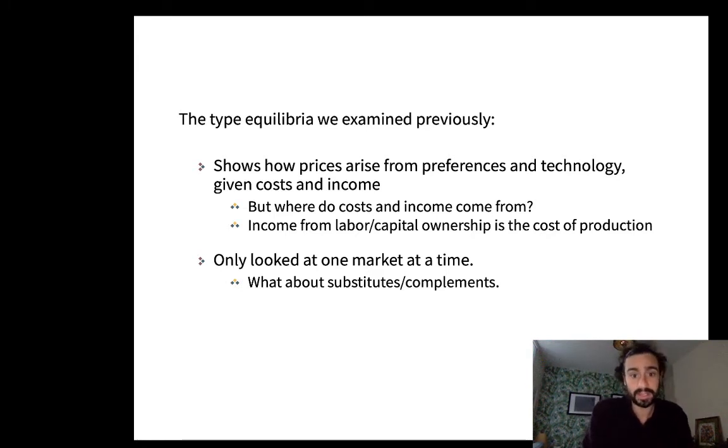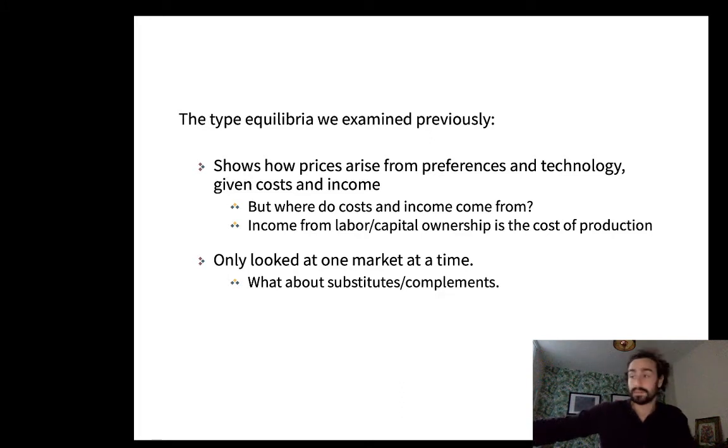Likewise, there's an equilibrium in the labor market, right, where the supply is workers and the demand is jobs demanding labor. And so we could think that when we were looking at this individual market, one market at a time, we said, well, the price is going to be such that supply is going to equal demand. But this, of course, neglects the fact that all the things that supply and demand curves depend on come from other markets. And so looking at a single market at a time tells us actually very little about how that price is going to look